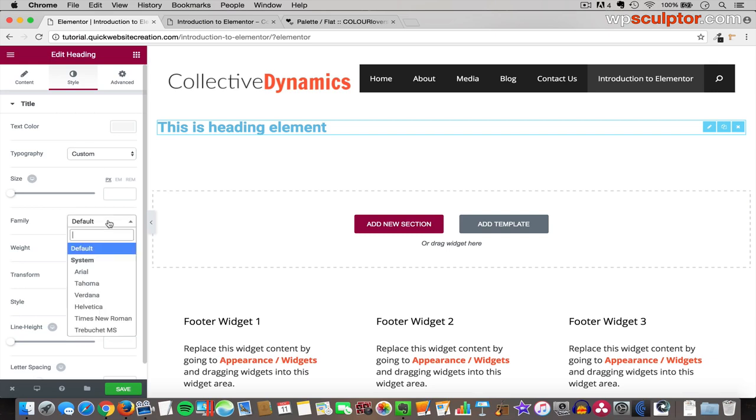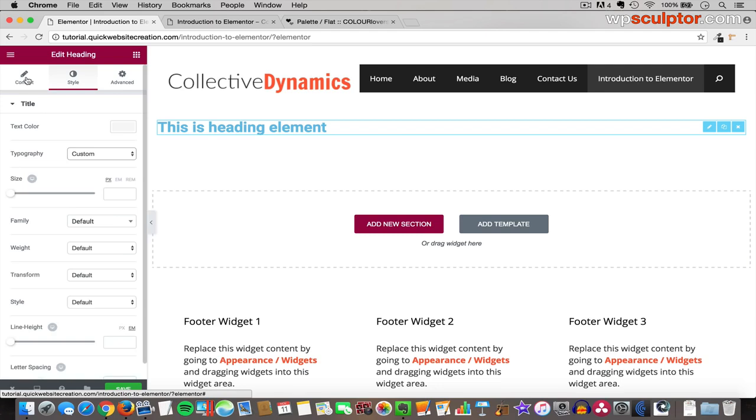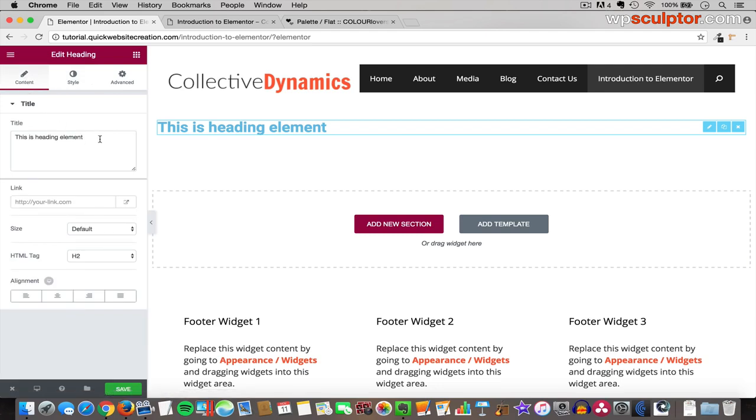And just so you know, you have over 600 Google fonts to choose from here, and you can change things like the boldness of your font and all these other things. The advanced settings, we're going to get into this later on in the video, so don't worry about that for now. Let's go back to the content settings here for the heading element,